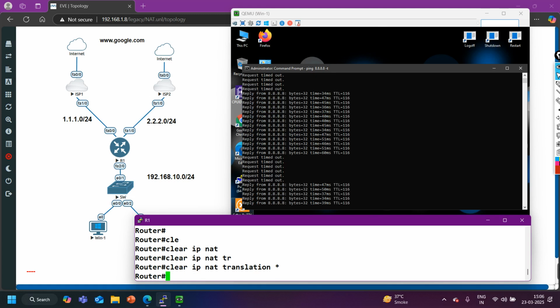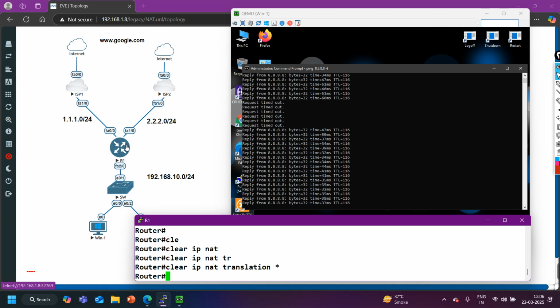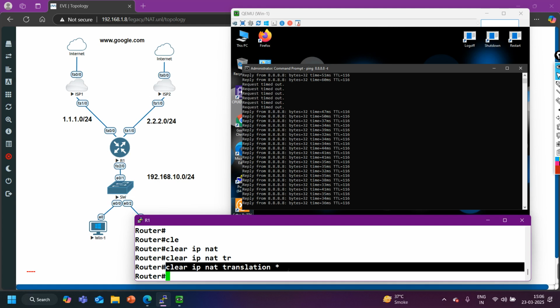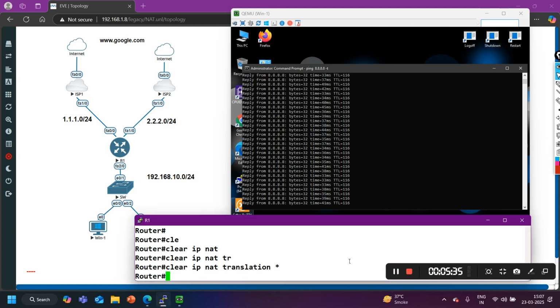But is it possible to clear the NAT translation every time on the router, right? Whenever the ISP goes down or comes up? No, it is not possible. Otherwise we have to assign one engineer here, right, who will be tracking the ISP and running that command, clear IP NAT translation. And in my case, guys, I am not tracking the ISP service, I am just tracking